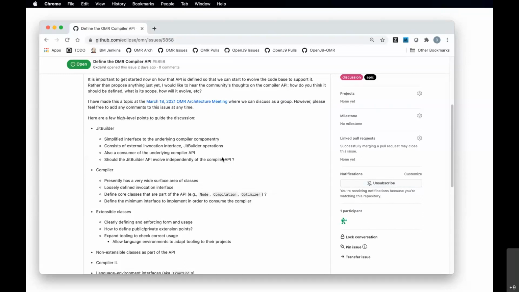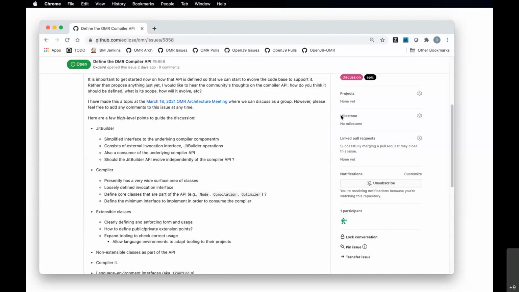Are there any other opinions that people want to raise at this point? Okay, if not, by all means, please feel free to add whatever comments or thoughts you have to the issue that I've created.